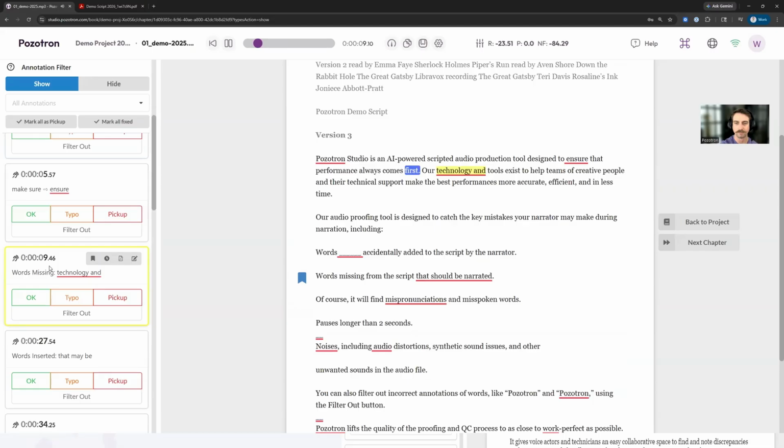Always comes first. Our tools exist to help teams of